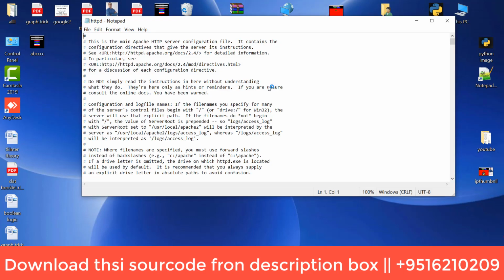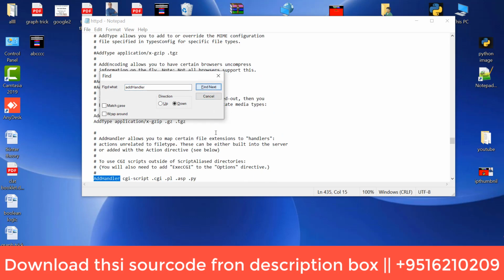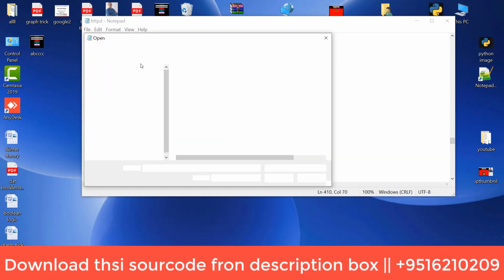This setting also: find AddHandler, and here the .py extension in your case will not be there, so add the .py extension, otherwise your Python code will not be interpreted by the browser, and the same code will appear as it is, and this error will occur. Okay, so add .py and Control S, or just save it.